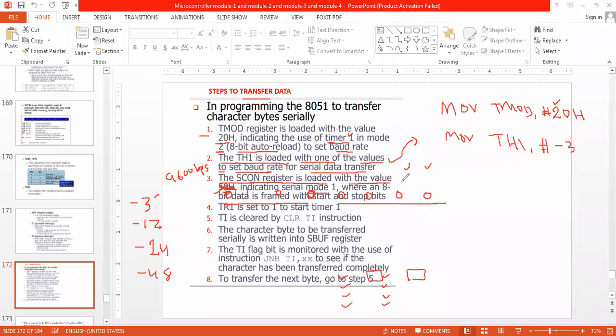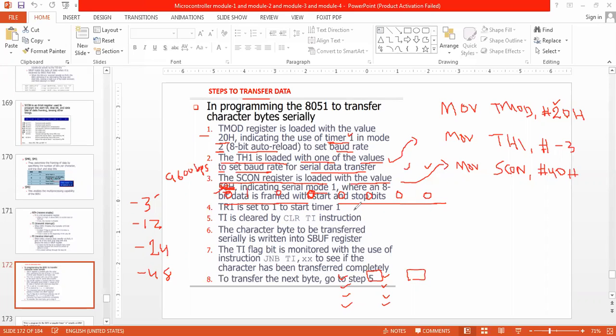The third step is load the SCON register. So MOV SCON, #40H. That is step 3.